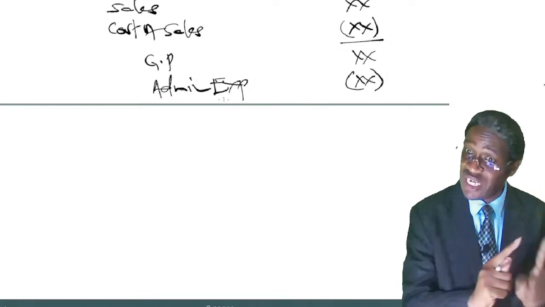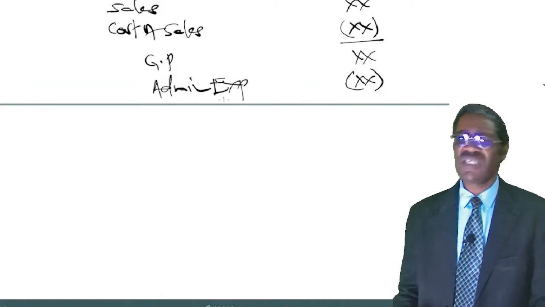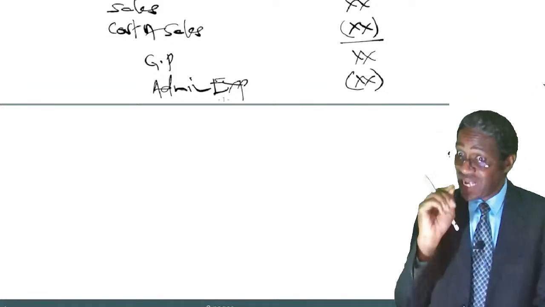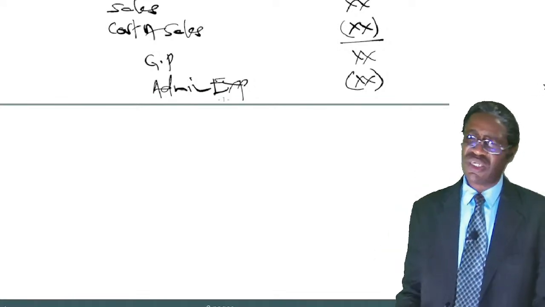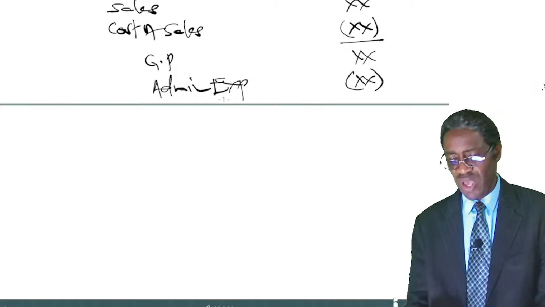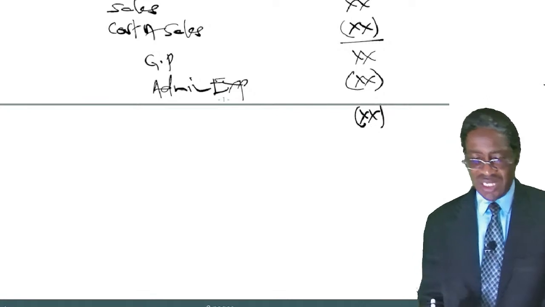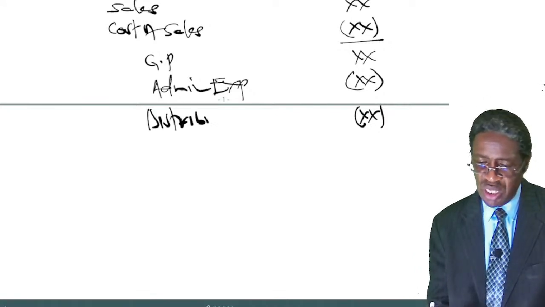There are many, like advertising, depreciation of delivery van, salesman expenses, and so on. But again, listen, you don't list them individually in the income statement. You are required to bring them here as a single amount under the name of selling and distribution, or you can just call it distribution expenses,